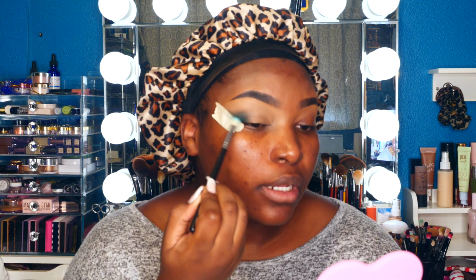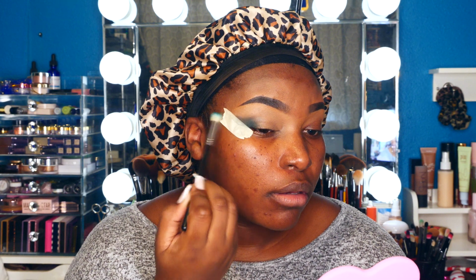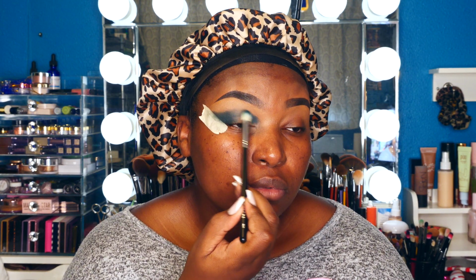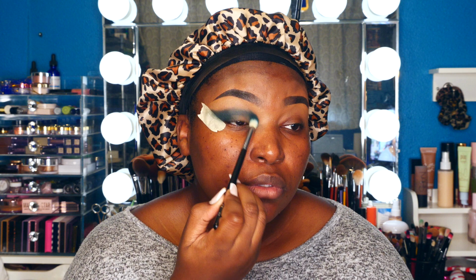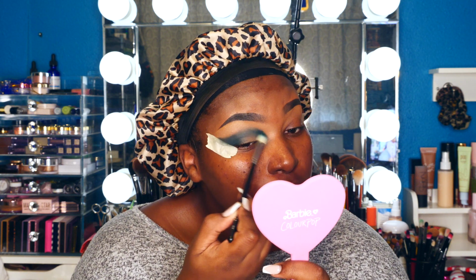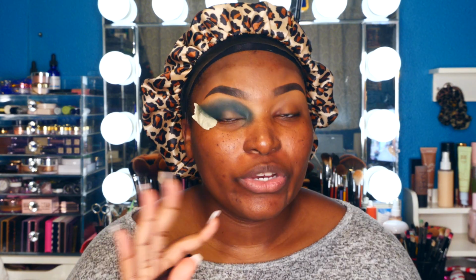And I'm going to bring it a little bit higher just to give me that wing look. And then with Sporty, I'm going to bring it into my inner corner and blend it out. So now that we have this kind of general shape, don't worry, we're going to cut the crease so it's